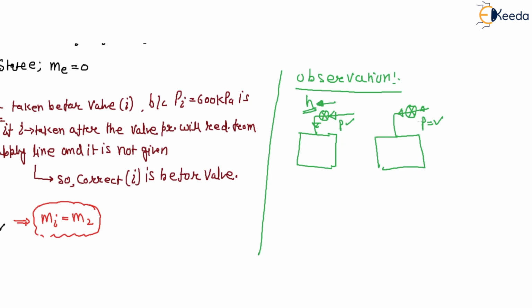right? So if the pressure is given, after a throttling valve the pressure will reduce. So if you select this section as i, it is not P, it is less than P. So it is better to take i here. But in this case, pressure is given, but the energy inlet is enthalpy, and in throttling the enthalpy will remain the same before and after. So i here will be correct, or i here will be correct. Both are correct values.